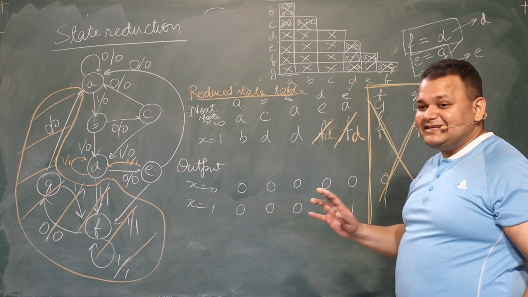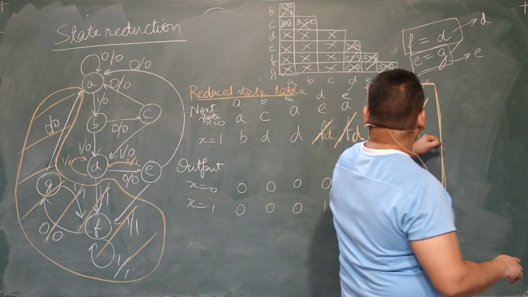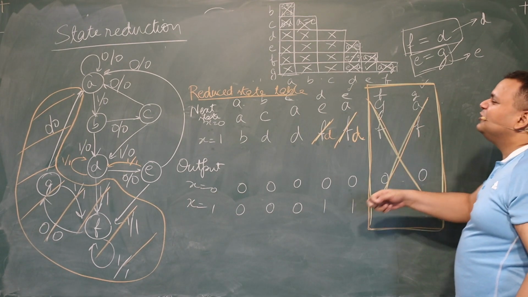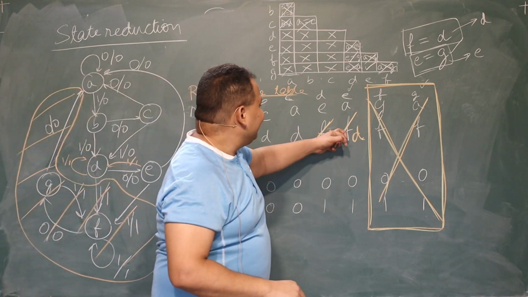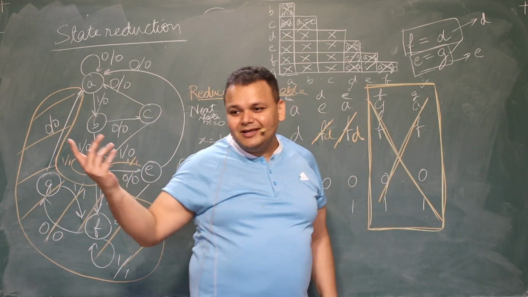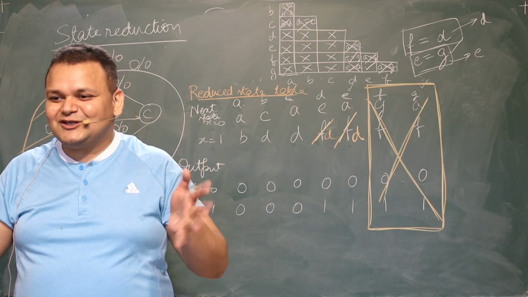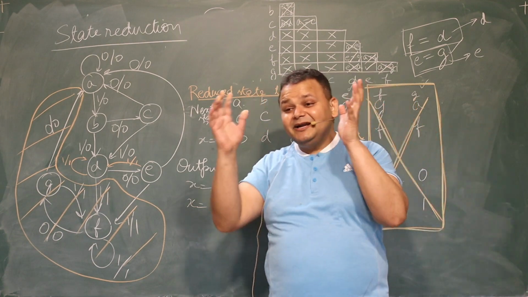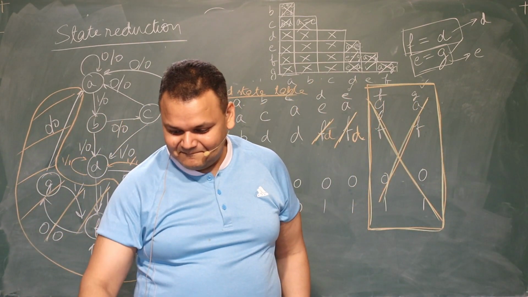Otherwise they would not be equivalent. Let us say in this case, this G was going to F. So instead of G going to F, it was going to C. Then E and G would not have been equivalent to each other. When we are doing this whole analysis, this is already inbuilt into the analysis that we'll go to the same states. Okay.